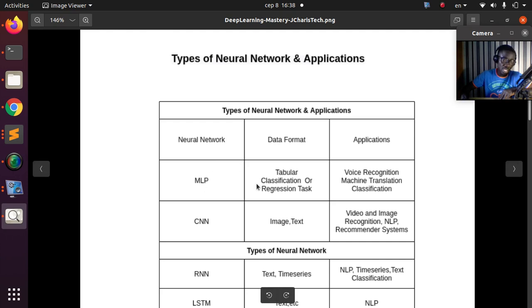application. So in case you are trying to do any task that is inside a table, a tabular format, which is numbers or categories, or it's a classification problem or regression problem, you can use a multi-layer perceptron, right? A neural network having different layers, right? So it can be used in case you have this particular type of data or this particular type of problem. So some of the applications can be voice recognition, machine translation like Google Translate, and different types of classification problems